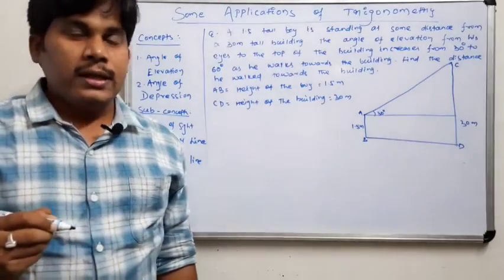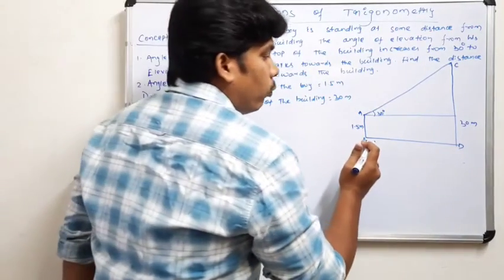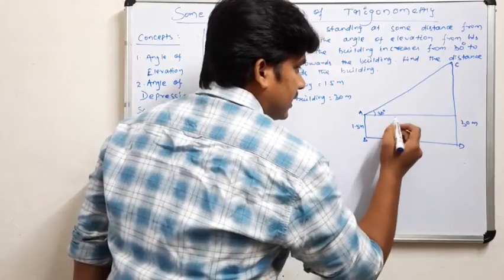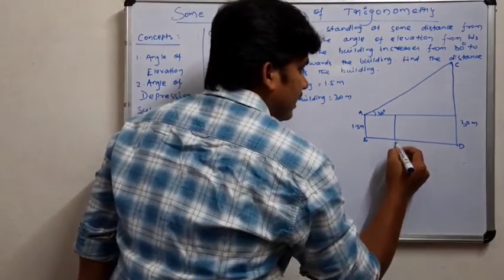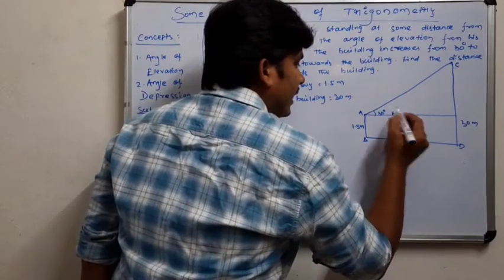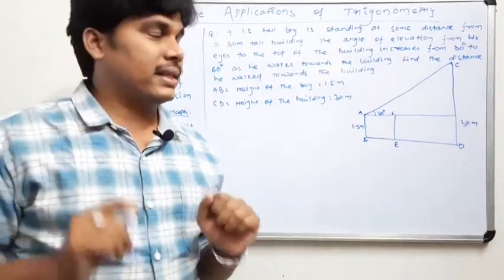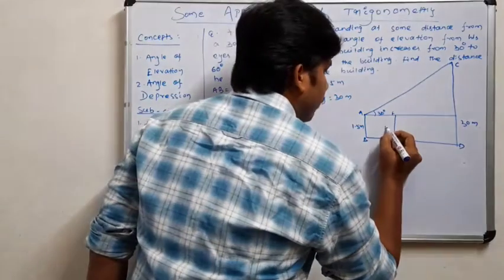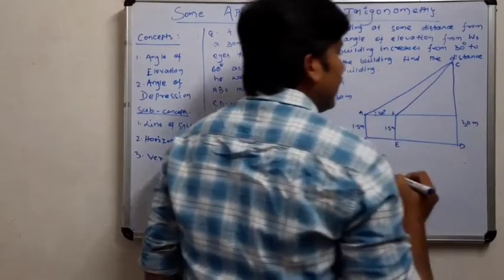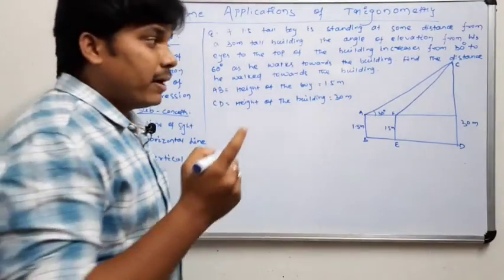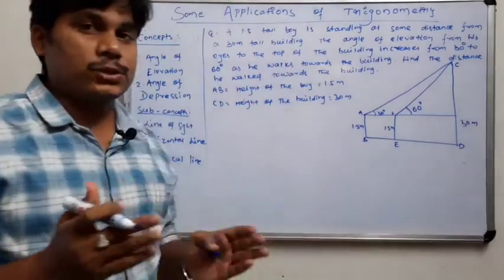Now everyone understood? Wherever the boy walks towards the building, let's think the boy walks some distance and reaches this position, and I am naming this position E and this F. And remember, AB and EF are both the same height, and I can say this one is 1.5 meters, and the line joining F to C is again another line of sight. But the difference is the angle of elevation is changed to 60 degrees.